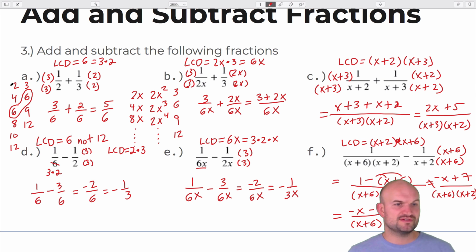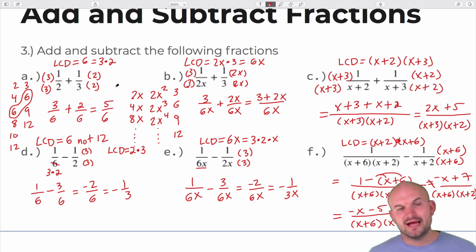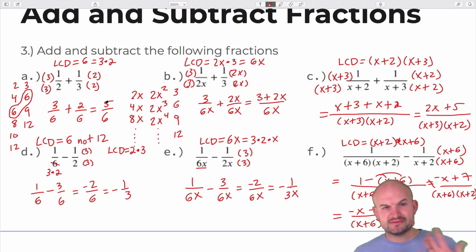For instance, the multiples of 2: 2, 4, 6, 8, 10, 12. The multiples of 3: 3, 6, 9, 12, right? We just kind of listed them there, and then we just found the smallest one. You could have done 12, but we wanted to find the least common denominator. And then our goal is to obtain the common denominator, so therefore we could apply the operation, addition or subtraction,